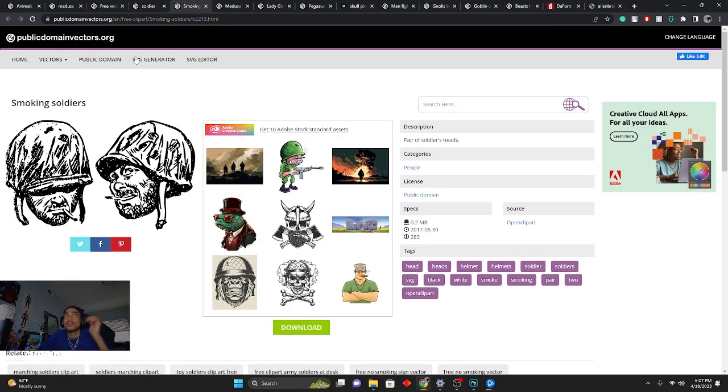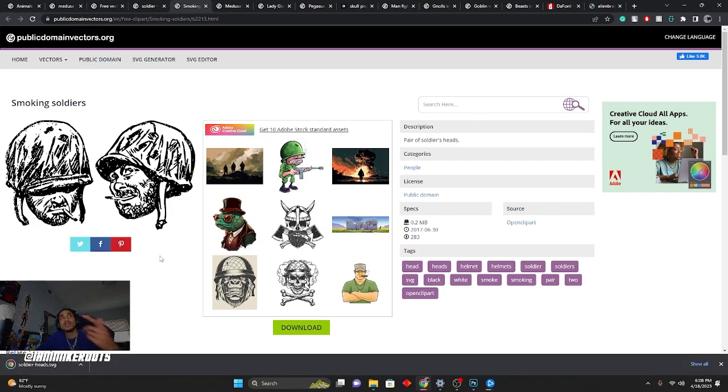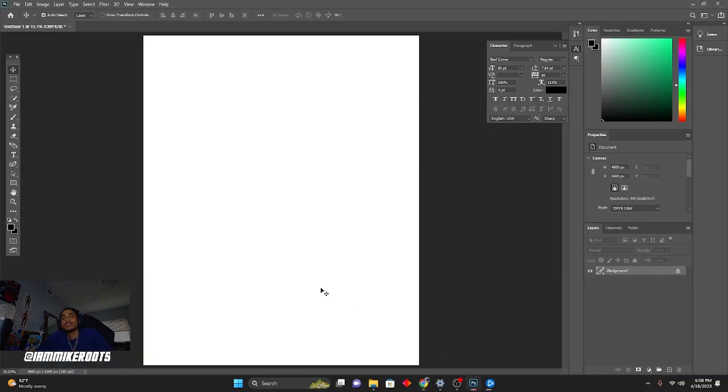You can go on this site right here, public domain vectors. Me personally, I haven't used this site. I usually just draw my own designs or go off of Google, like actual Google searching and finding images I can use and messing with those. But this is just something quick, so I'm gonna download this one because I like this one. Two soldiers smoking. It looks kind of giving you that rough, gritty feel. Pretty nice. So I'm gonna take that,